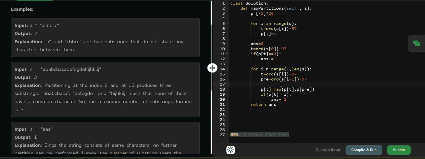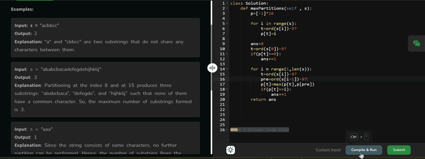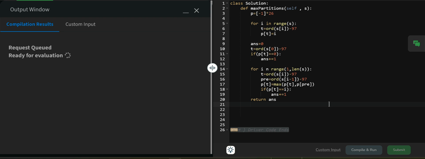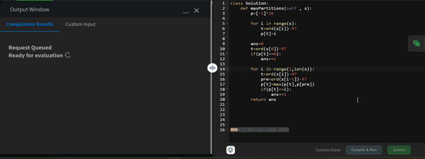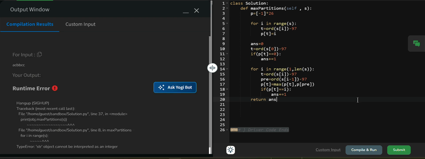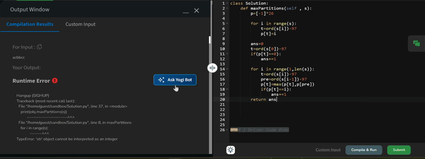Fine. So this is the only approach we can use, in my opinion. Okay, I am getting an error, so here it will be length of s.